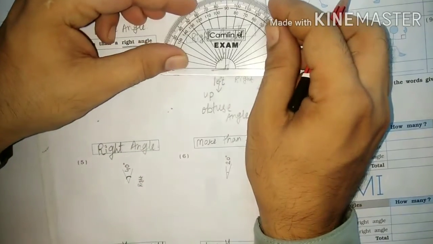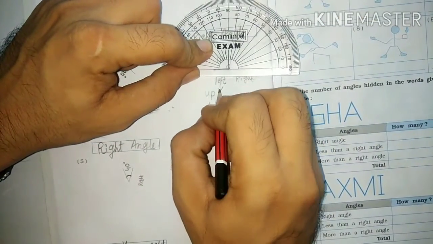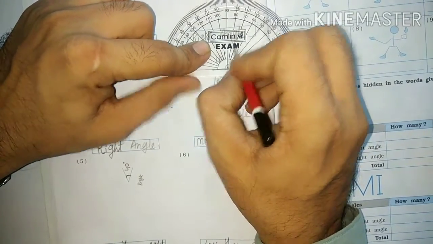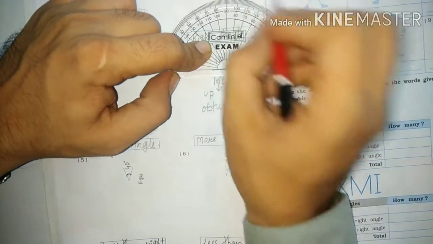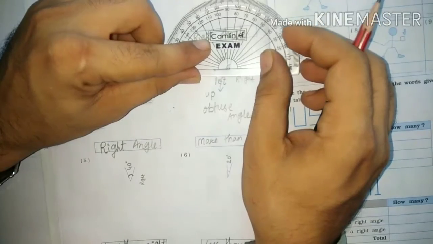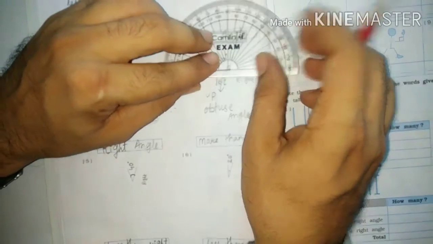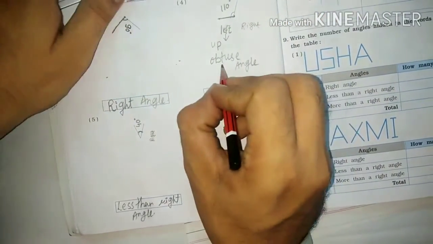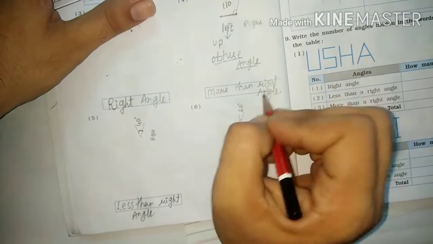So next one students, what we need to do is that we have to measure it. Keep your protractor here, this line is matched, this is up to the left hand side and this is going upside. Students, this one is going upside, 70 degree angle it is. No, this is left side students, so we'll always look for the upside figures. Upside it is showing 110 degree. 110 degree is a kind of obtuse angle, students. So students, obtuse angle is more than right angle.